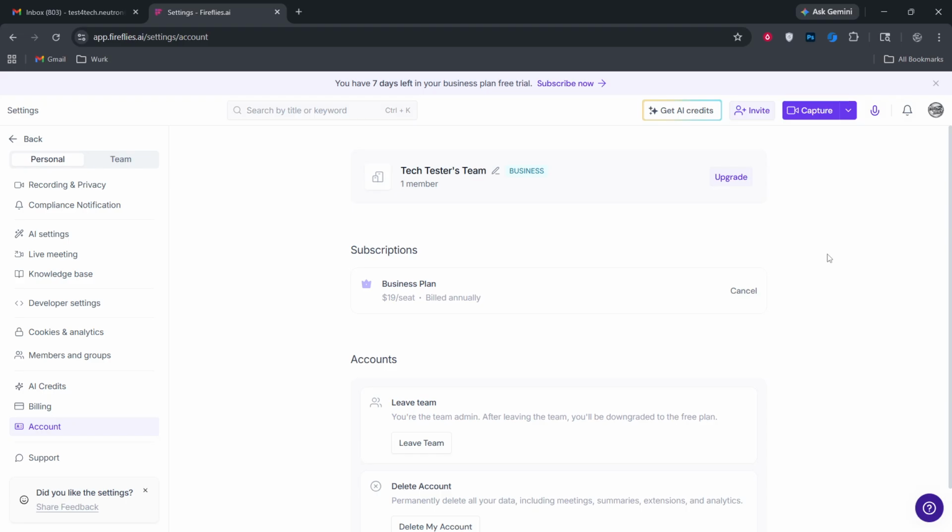If payment is required with your plan, follow the prompts to complete it. After you submit, you'll receive a confirmation email. Keep an eye on your inbox and your spam or junk folder just in case. The Fireflies team handles the update on their end, so there may be a short processing time while they apply